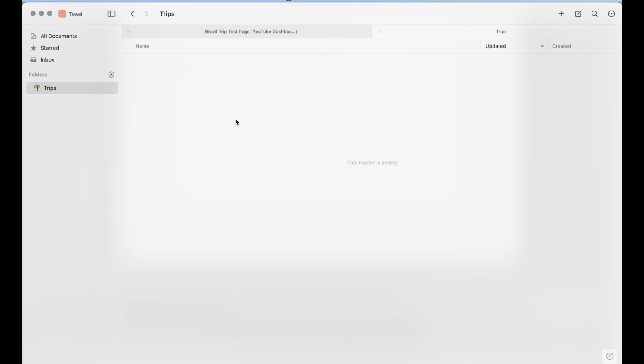Now let's go ahead and create some documents inside of that folder. And all we have to do is either click up here on the new document, and let's name this honeymoon. Or we can also just press Command N and it will also create a new one. And let's call this the Brazil trip.